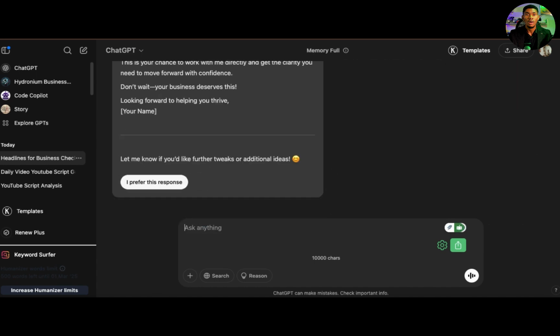So let's talk about the last part of the email. Now, when it comes to the last part of the email, you want to create an email that can help you with customer support. How do you do customer support? We call it FAQ. Now you need to create something that will automatically answer people even when you are not there, and that is frequently asked questions. So I would ask ChatGPT,